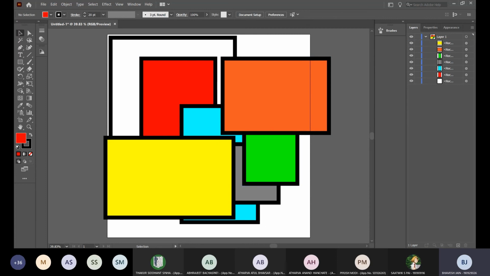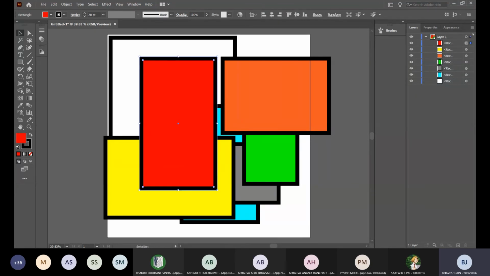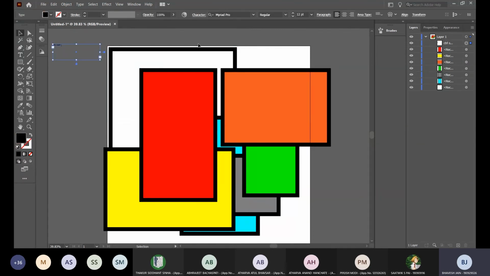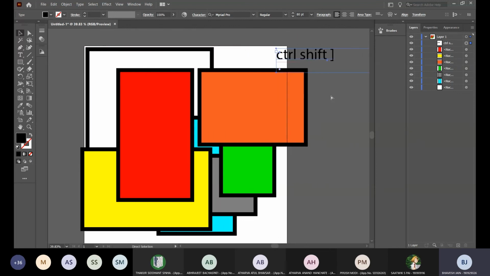I will type the command in the chat box because it's a bit of a complicated command. I have just entered the command in the chat box. Are you guys able to see the chat box, by the way? No. Okay, I'll type it here. Just give me a second. I'll increase the size so you guys can see. I'll come to text, in tomorrow and day after tomorrow. Right now, are you guys able to see the command?